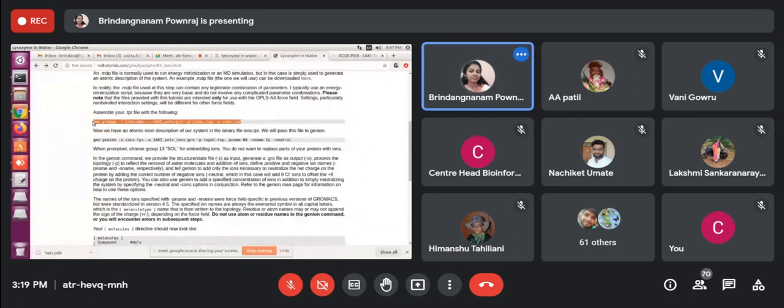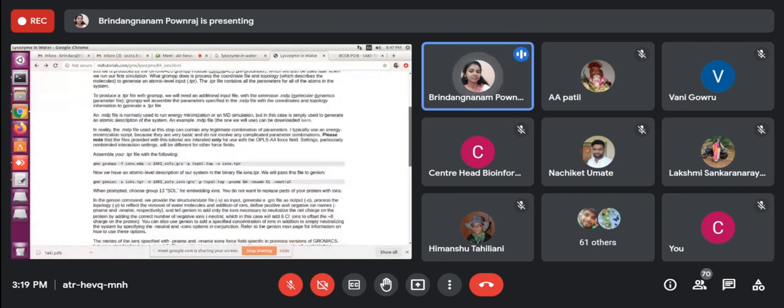So for the next command, I am giving as input the MDP, molecular dynamics parameter file, and then the coordinate file, and the topology file, and I am going to give the output as a .tpr file. What is that .tpr file?